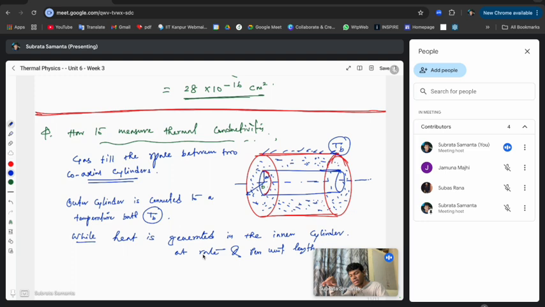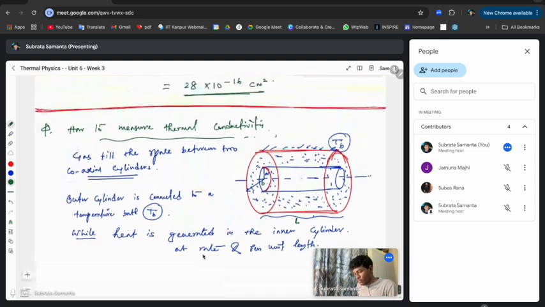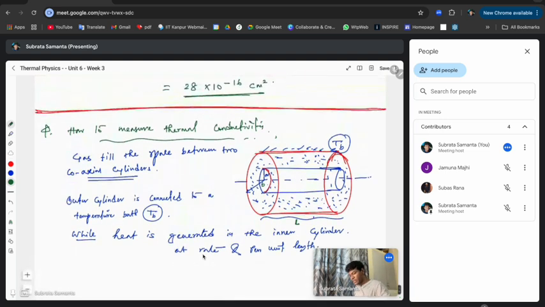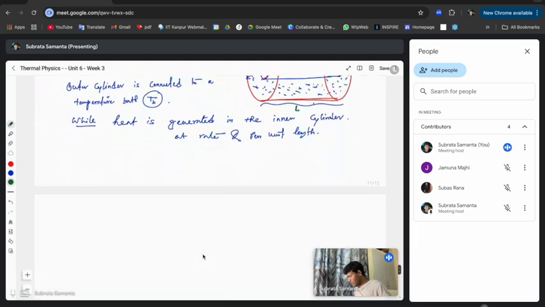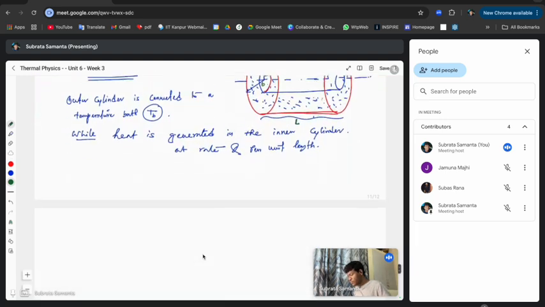and the length of the cylinder, let's denote it as L. So there is a heat source in the inner cylinder. Now the temperature of the inner cylinder rises to T,